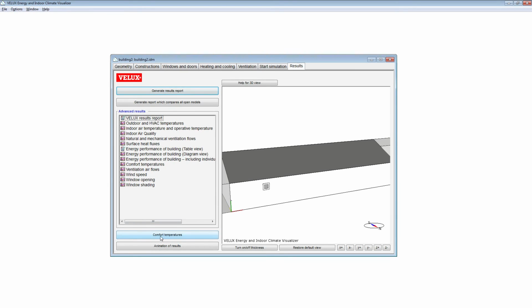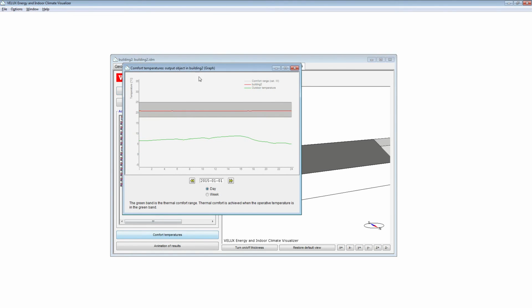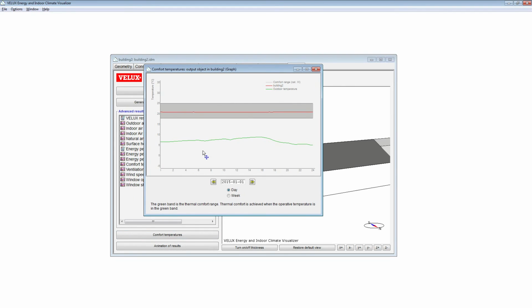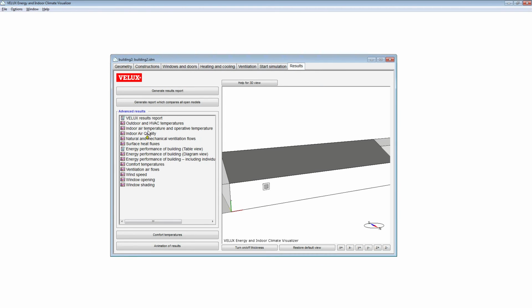Usually we want to look at the comfort temperatures, so I'll just take that. And here it will show you the weekly or the daily data. So I will just take this indoor air quality. I don't want that. I want this one, indoor air temperature and outdoor temperature.